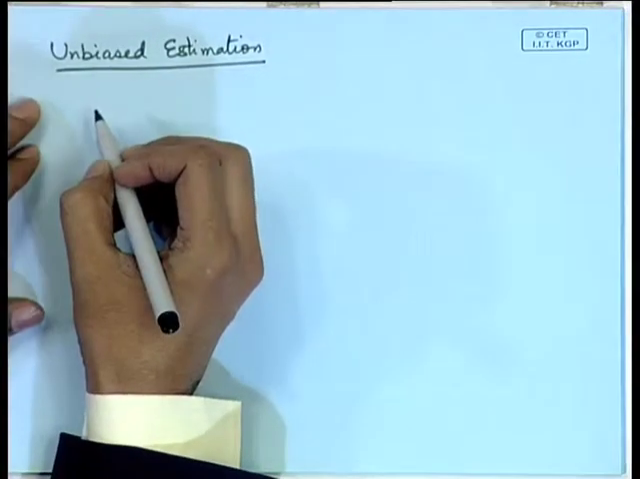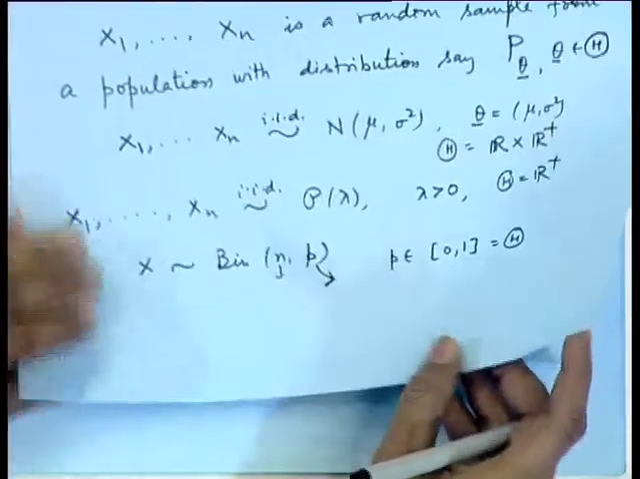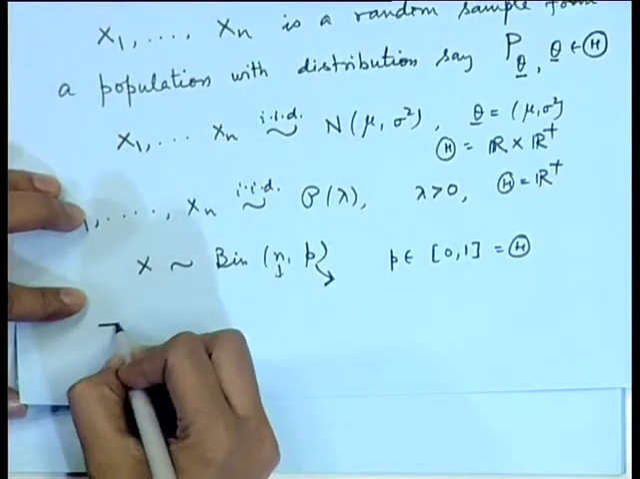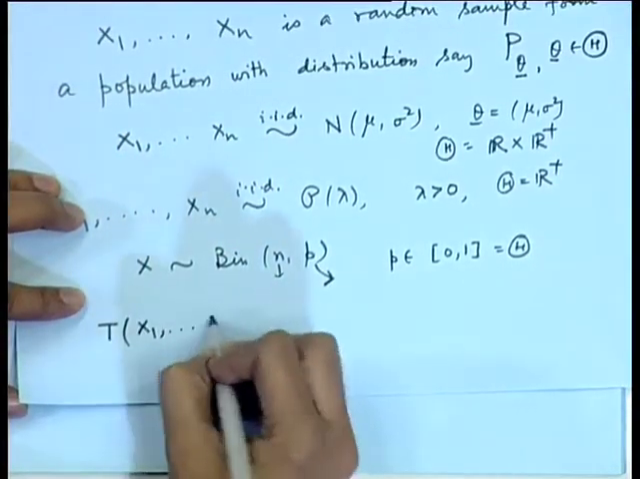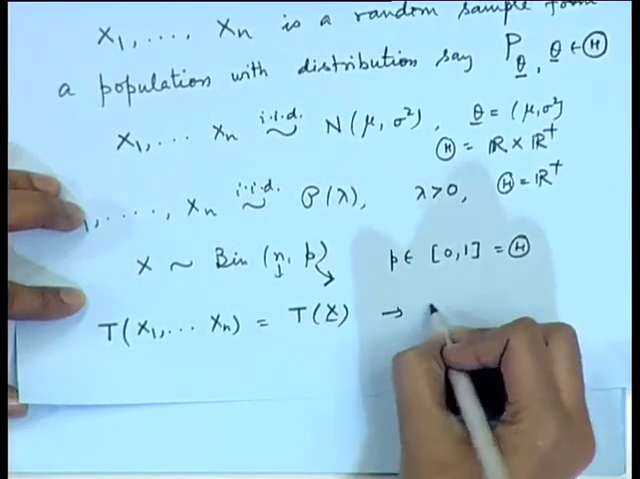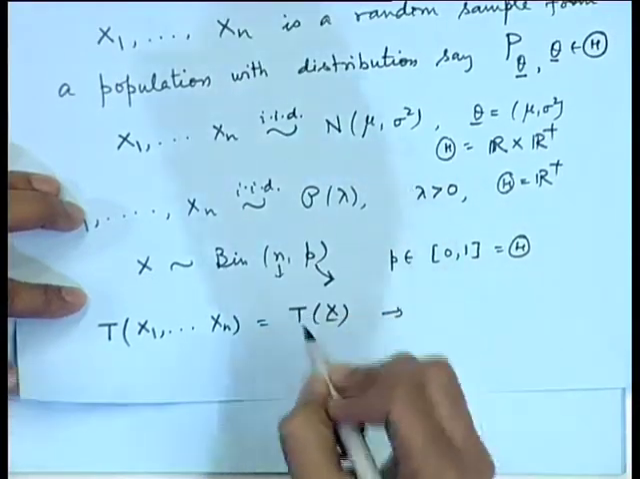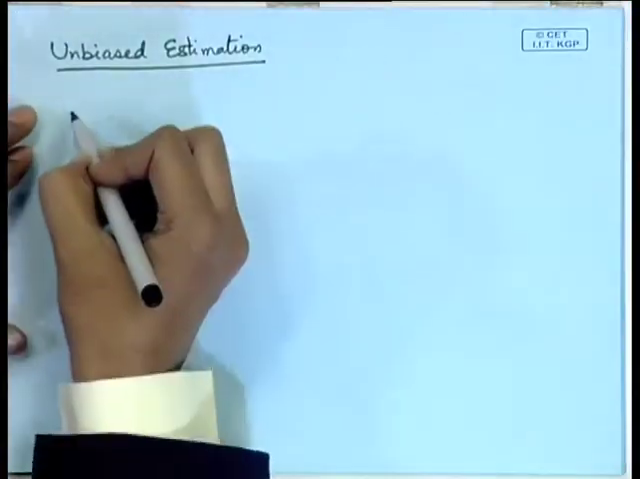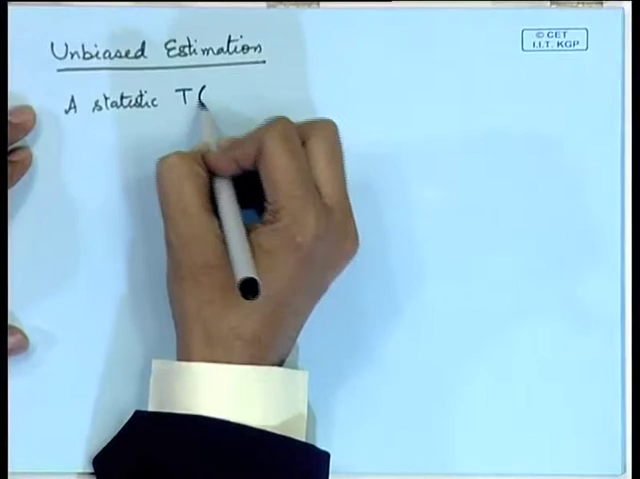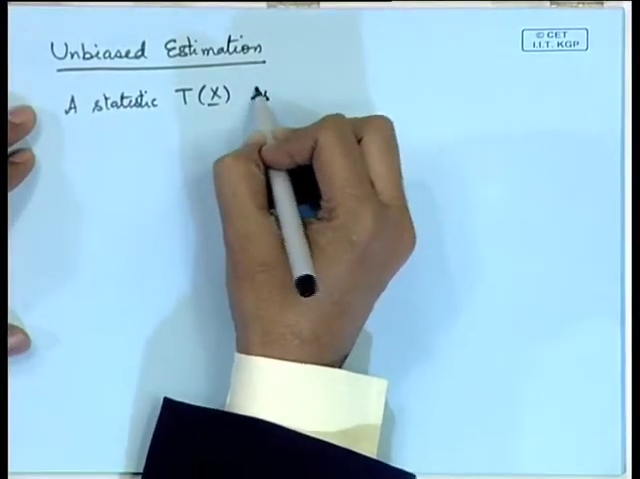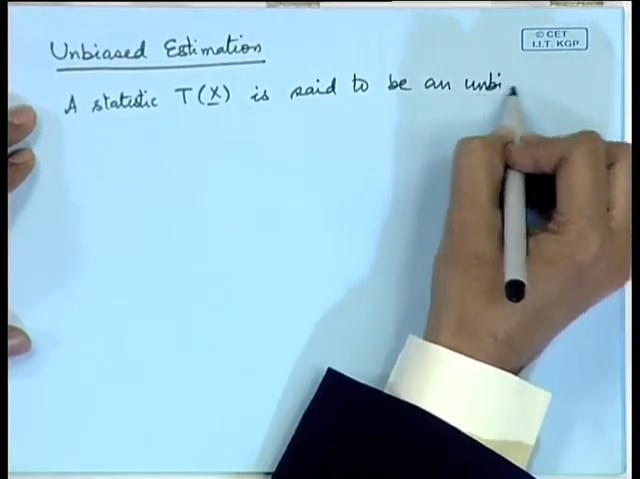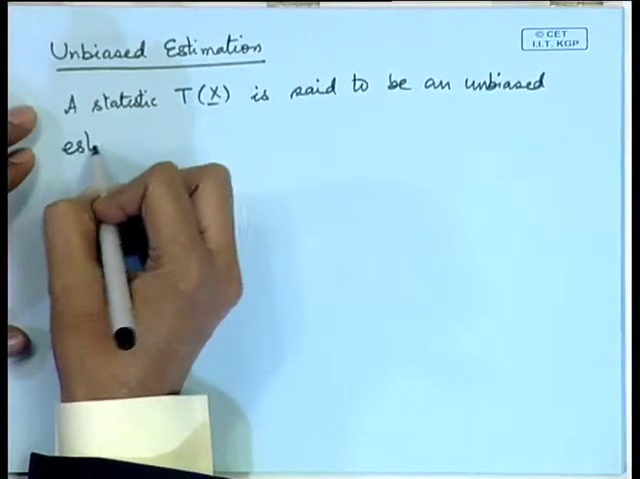Now, we have already mentioned that we will be making use of functions of x 1, x 2, x n. So, T of x 1, x 2, x n, or you can say T x. We will use this notation for a statistic, and therefore we will use it as an estimator. So, a statistic T x is said to be an unbiased estimator